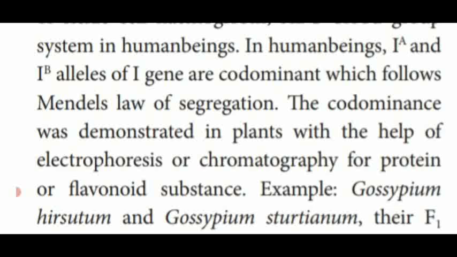They are also expressed in the F1 generation, but only one of the characters is dominant over the other one, that is said to be the law of dominance. But both the characteristic features of the alleles are expressed in the F2 and F3 generation. That is said to be the law of segregation. So Mendel's law of segregation is also proved in the codominance of human beings with the alleles IA and IB in the I gene. I is the gene which has the pair of alleles A and B.